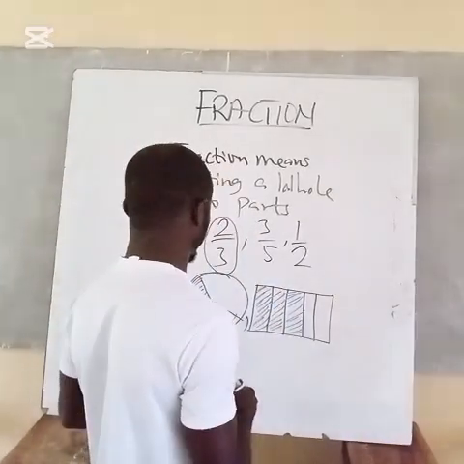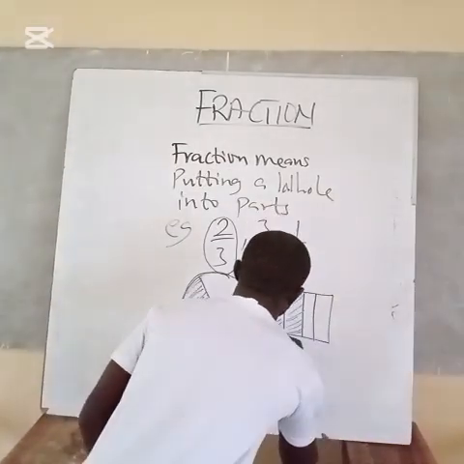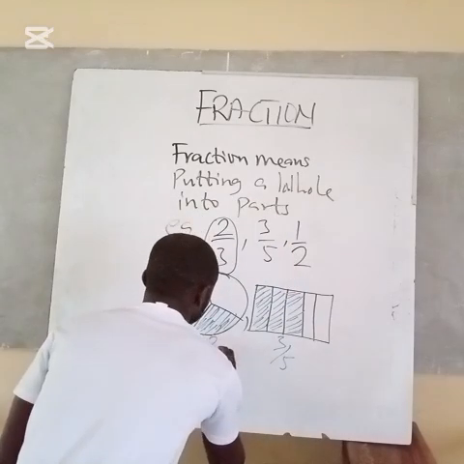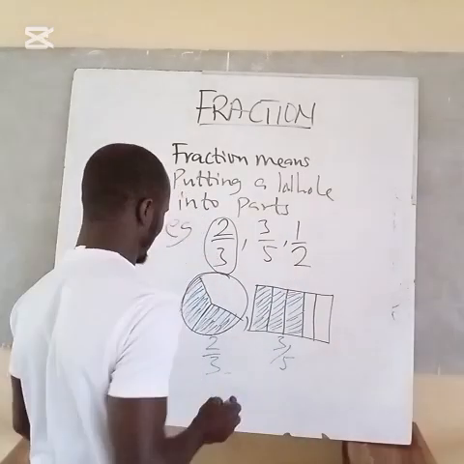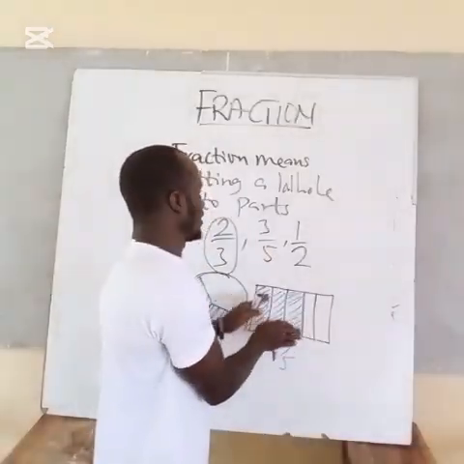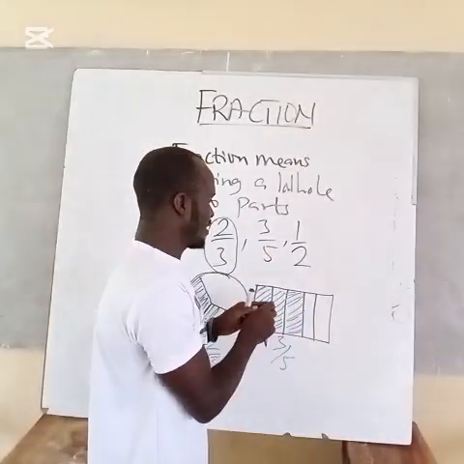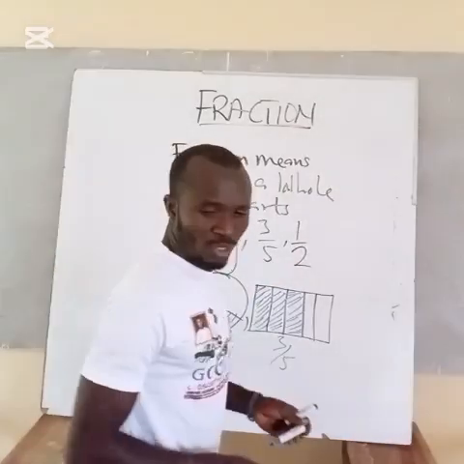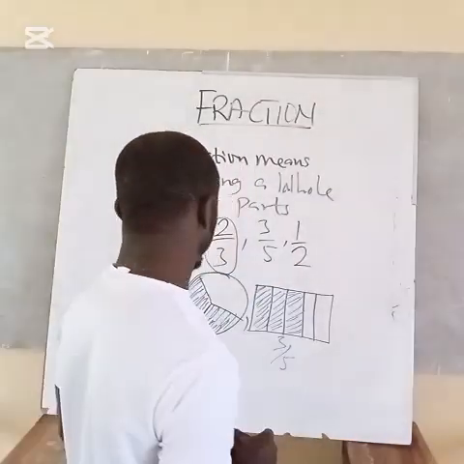So this represents the fraction 3/5, and this one is 2/3. This fraction talks about the 3/5. Then the last one, which is half or 1/2. So 1/2, I will go on with